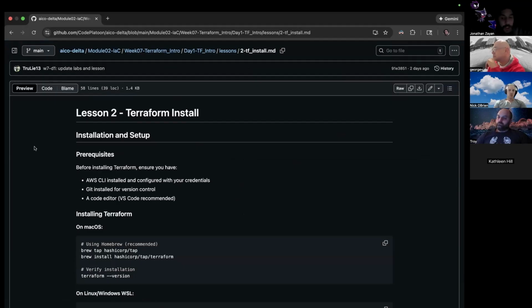Is anyone super lost? Let's start with whoever thinks they're the most lost. Does anyone have no idea what we're talking about? All right. Is anyone mildly lost, or do you feel like the sharing of information has been appropriate to move forward at this point? I think it makes sense. Once we get into it, like we start installing and everything, I think it makes sense enough to practice and start learning. Okay. Yeah. This is all new to me, but I'm understanding your lesson and the concepts you're explaining. Okay. Cool beans. So let's rock.